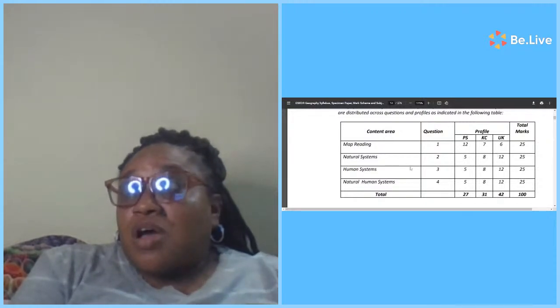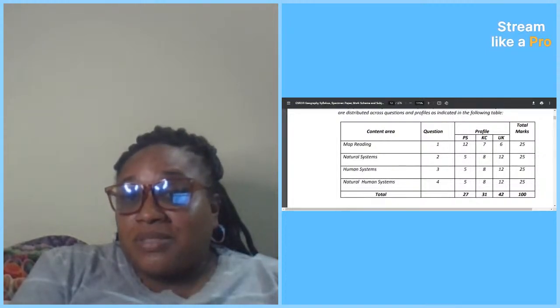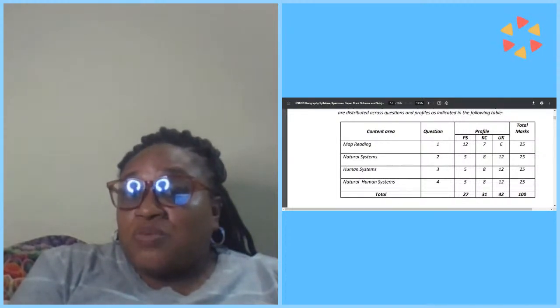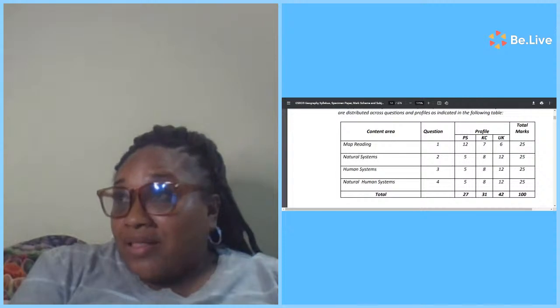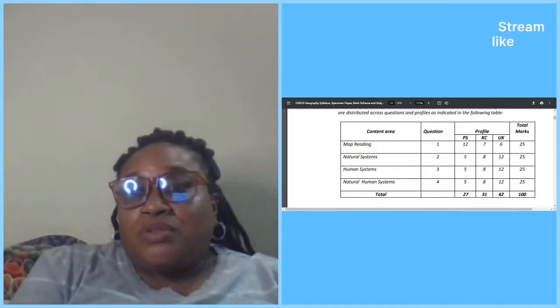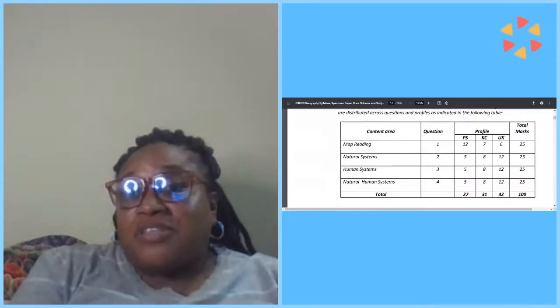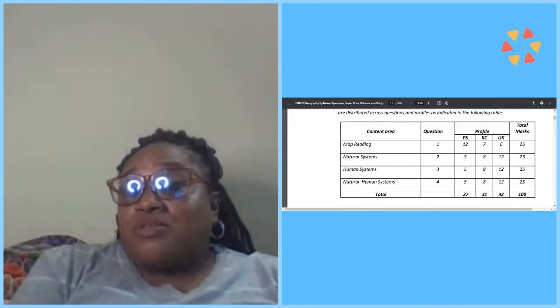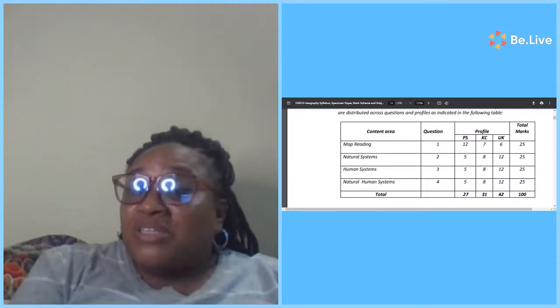That's 25 marks. However, when you look at natural system, human system, natural human systems, use of knowledge is weighted the heaviest, 12 marks in each profile. Look at that. 12, 12, 12. So guys, you all have to learn how to describe the processes, explain the processes, and knowledge and comprehension would deal with more describing. So here where you have explain and analyze, those 12 marks you all need to get,